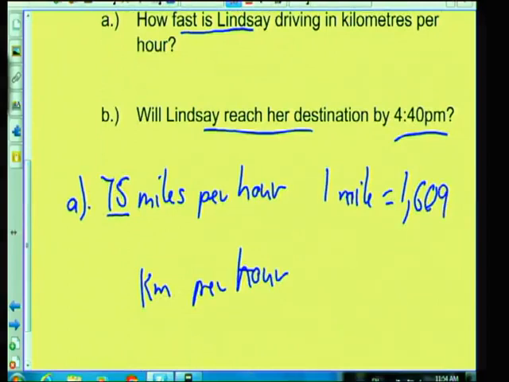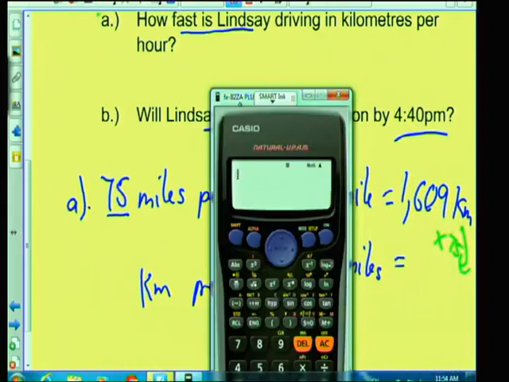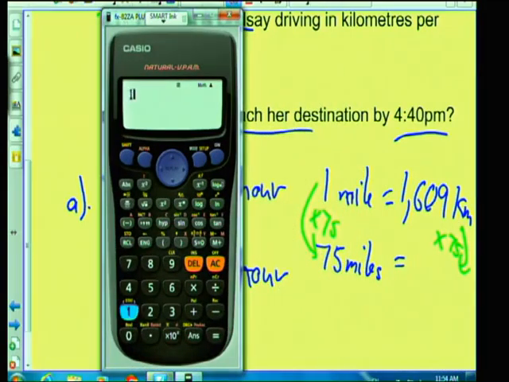And if you think about what we've been given, it's 75 miles here. We want to work out how many kilometers there are. So what did we do to this side? We multiplied by 75. What am I going to do to that side? I'm going to multiply by 75. So if I do that, pull up the calculator, I'm going to say 1.609 multiplied by 75, and that gives me the number of kilometers per hour I was traveling. And it's